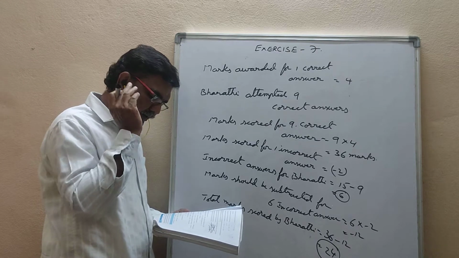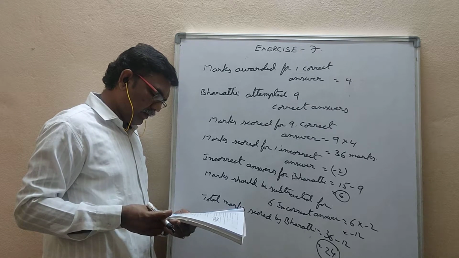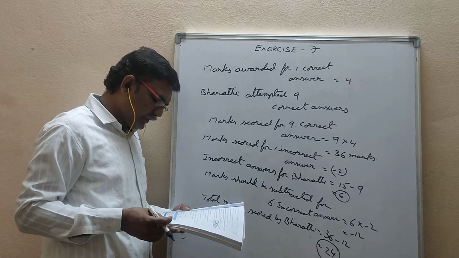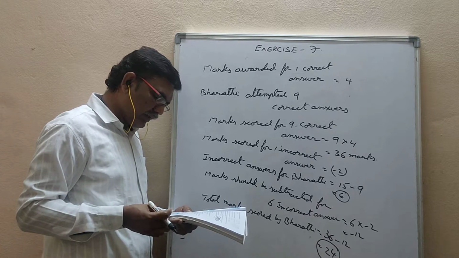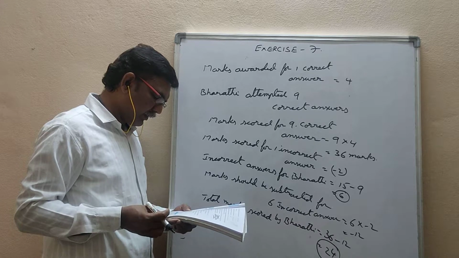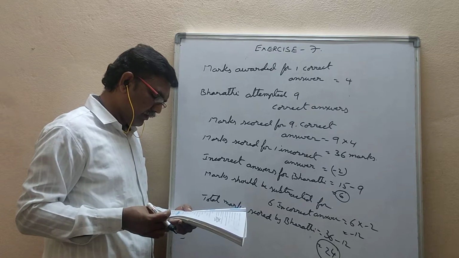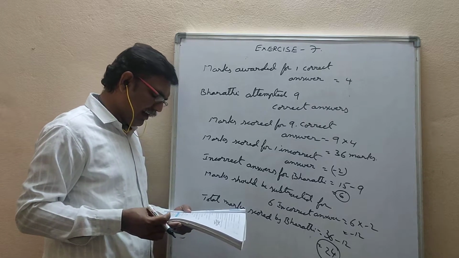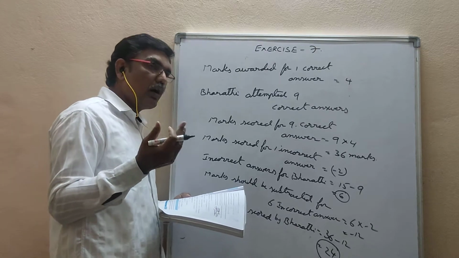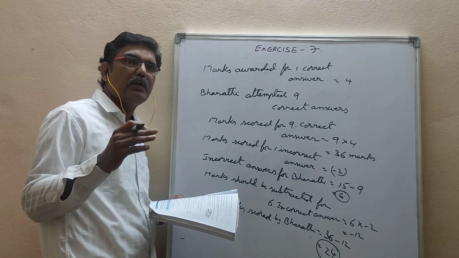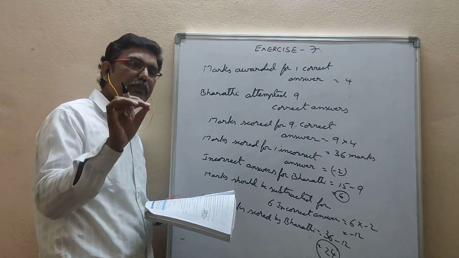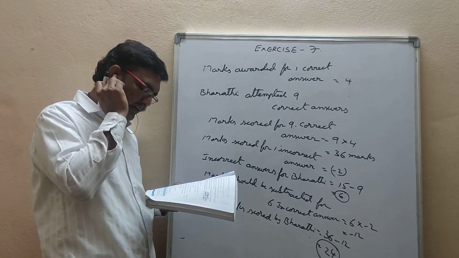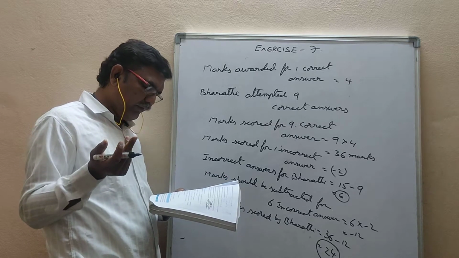In this only they have given, one of her friends Hema attempts only 5 questions and all are correct. 5 questions attempted, all are correct. What will be her total score? So for wrong answer, minus 2 marks you had to subtract or not? So here she did not keep any wrong answer, unattempted. For unattempted, minus marks won't be there. So how much she will get means 5 into 4. 5 fours is how much here?